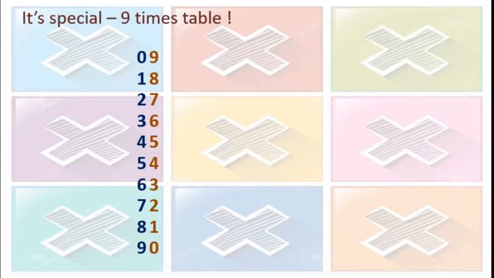See here. We will read this. 9 ones are 9. If the 0 is on the left hand side of the number, then it has no value. Remember this. Okay. So, the first digit is 9. Only 9. 9 ones are 9. 9 twos are 18. 9 threes are 27. 9 fours are 36. 9 fives are 45. 9 sixes are 54. 9 sevens are 63. 9 eights are 72. 9 nines are 81. 9 tens are 90. Got this?